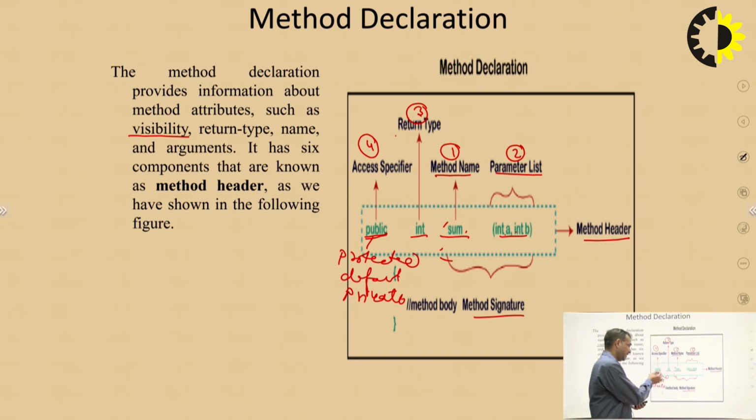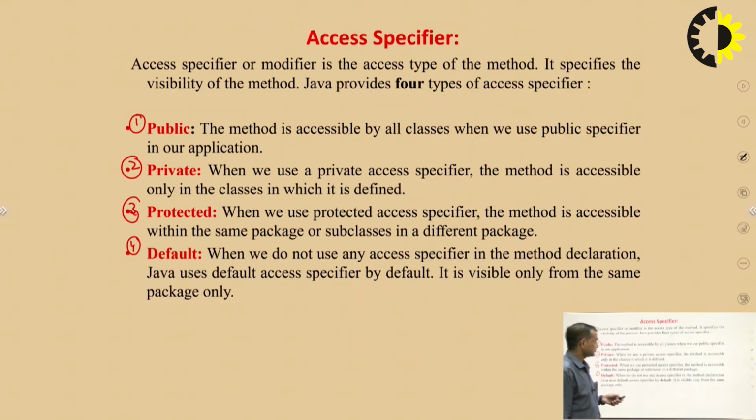So if we have to declare public, what does it mean? If we have to declare protected in place of public, what does it mean? If we have to declare the default in place of public, what does it mean? Or if we have to declare it as private in place of public, what does it mean? If we declare public, public means it can be accessed by all